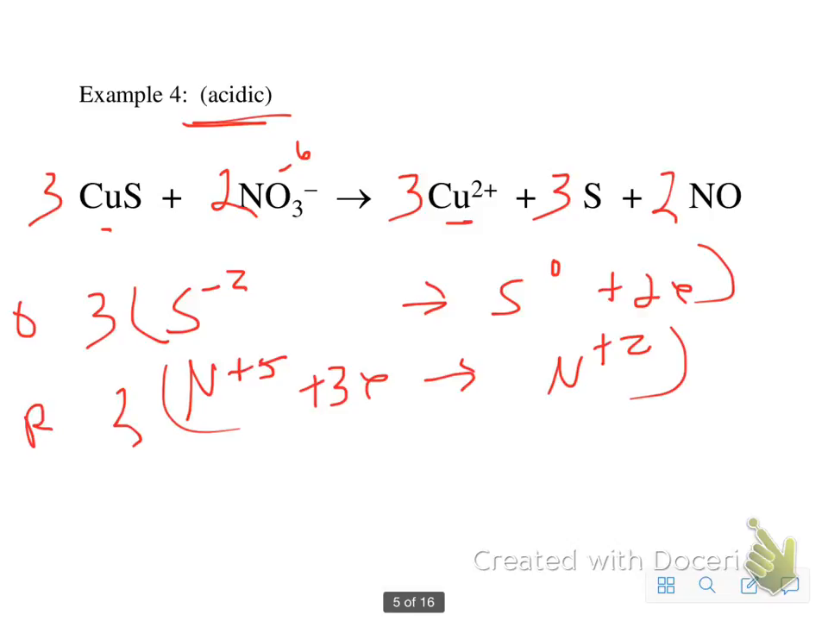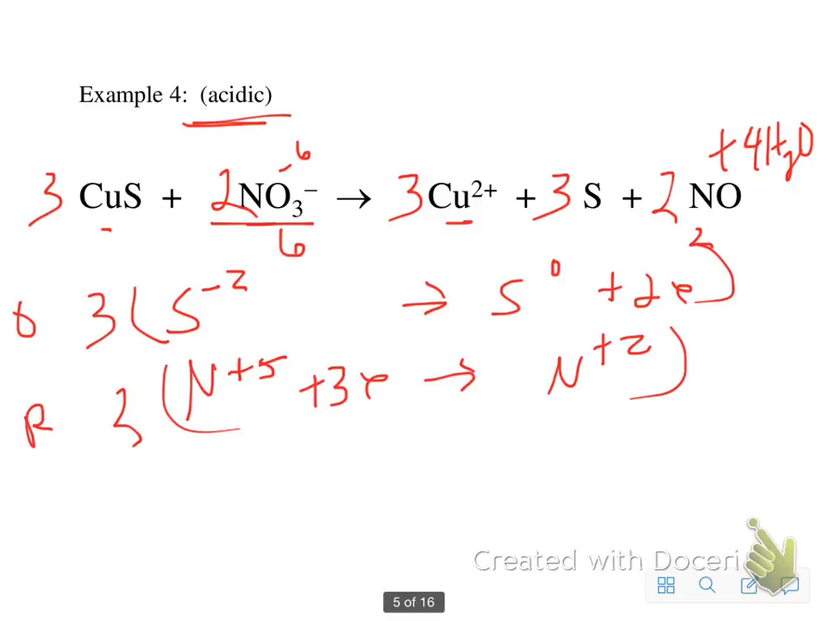So this is where I add some waters to balance my oxygen. So on this side I have 6 oxygens. Here I have 2 oxygens. And in order to balance now, I'm going to add waters. So I need 4 waters to get 4 more oxygens on the right. Right? Okay. And if it's acidic, now what I have to do is, because I've added water on this side,